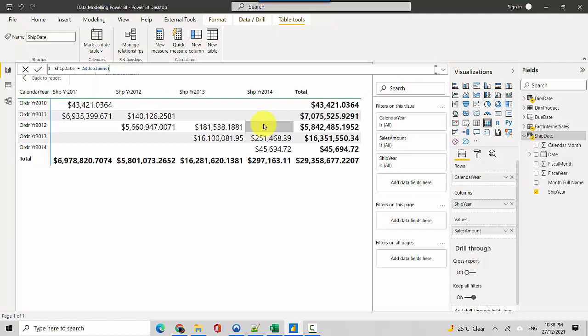And similarly for order year, we will have to change the column names. So you have to make changes at two places. One is the column names for each of the date tables. And you've also got to make changes at the data level for each of the data points. So it definitely needs a little more work on your end should you decide to use multiple date tables, but that's a best practice when you're trying to use multiple date tables. In this video, we covered how to use multiple date tables in our data model and what are the things we should consider, like the naming conventions for the columns as well as the data.